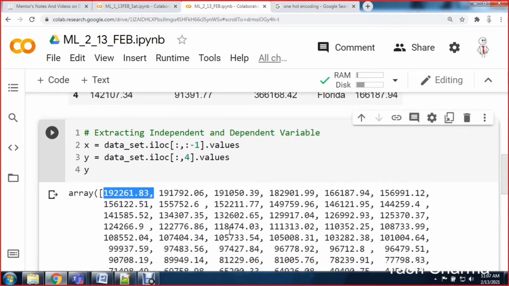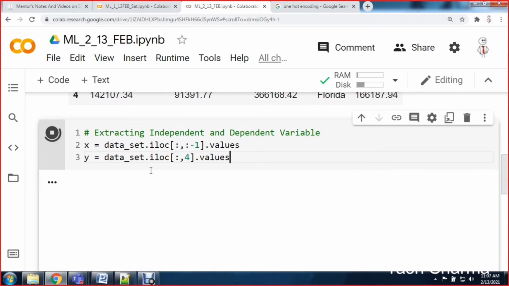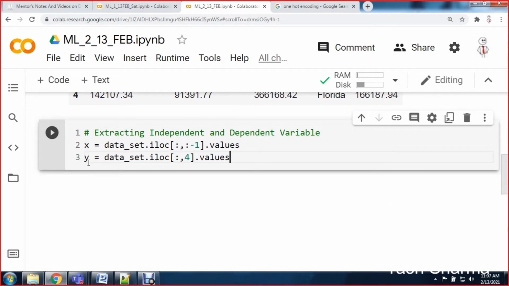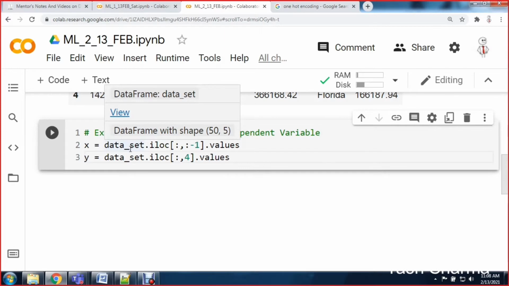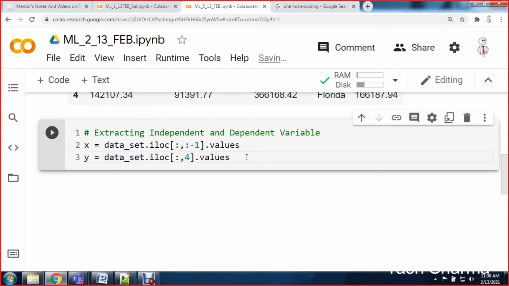So guys, this is how you are going to extract your independent and your dependent variable with the help of this method iloc. In x we have our independent variables, R&D, administration, marketing spend and state, and in the y variable you are saving the information of column profit. Okay,